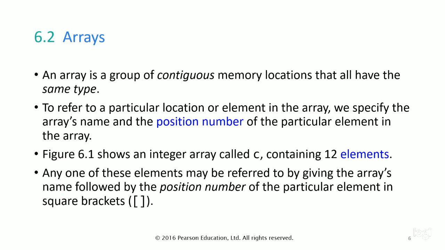and to refer to any particular location or element of an array, we have to specify the name of the array, just as we would refer to a variable. Then we have to follow that up with square brackets, and then in those square brackets we need to specify the position number of the particular element that we are talking about. The index or the position number for an array generally starts with 0,